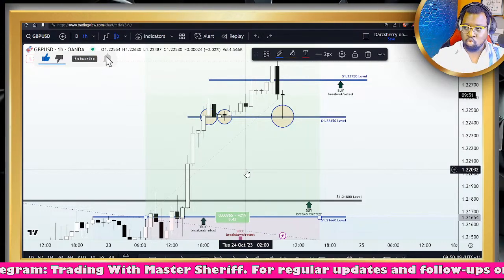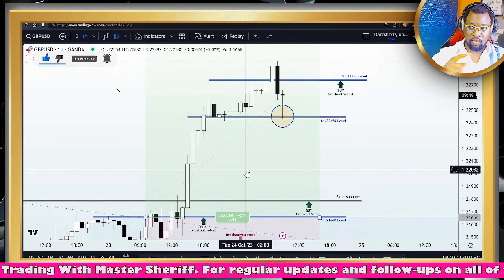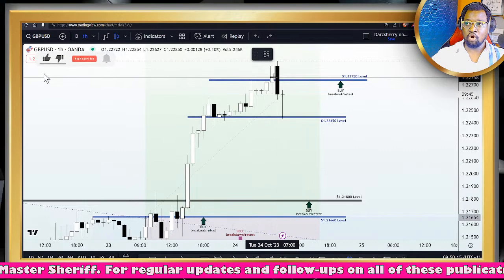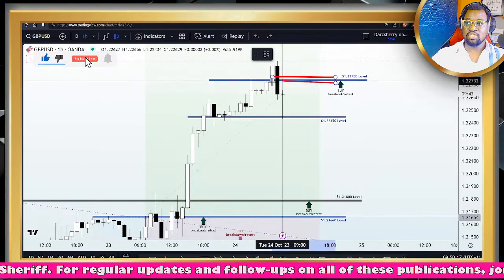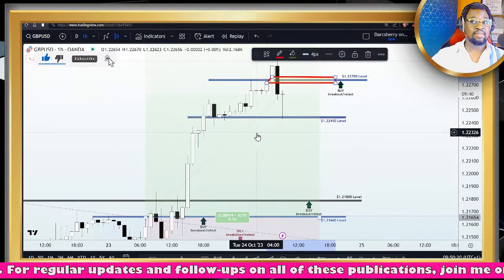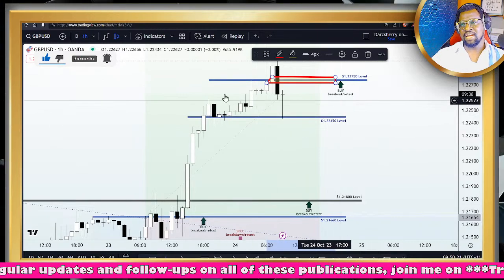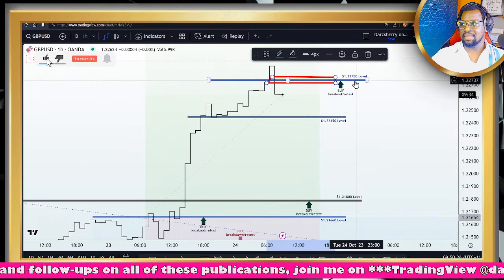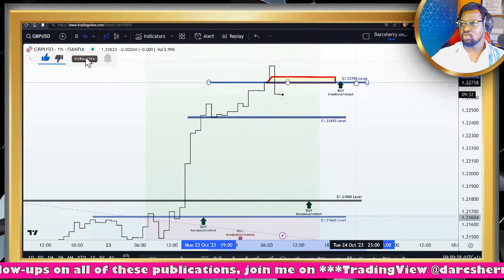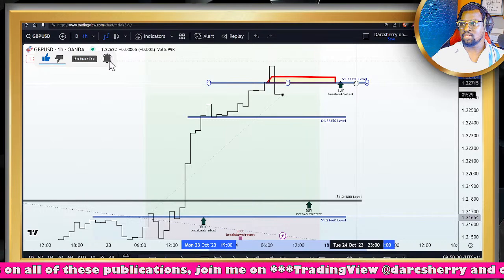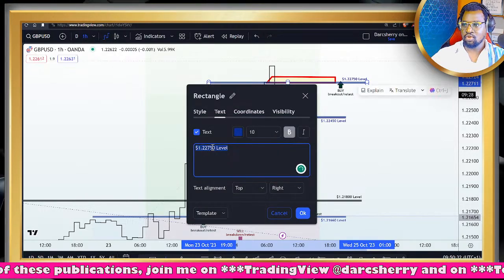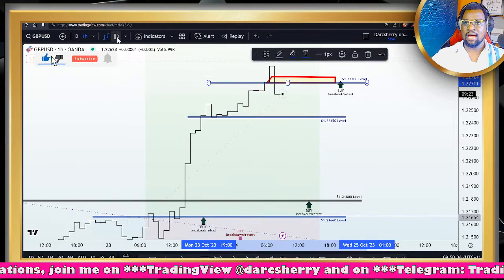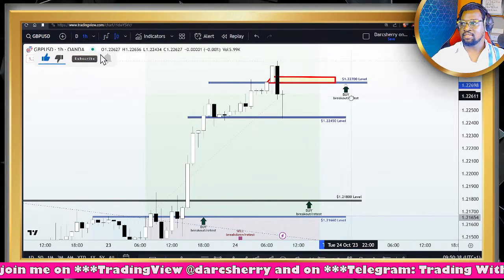And for those of us who are with me on both my TradingView and Telegram platform, I told us that we can have a buy stop order above the 1.22750 area to capitalize on the next move. In fact, I do want to readjust that level right now because of what I'm seeing right here. So I will just do it at the 1.22700 area. Let me do some readjustment. Please do that immediately on your chart right now. And let's have something like this.